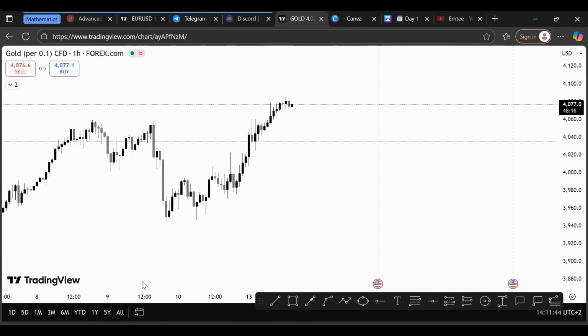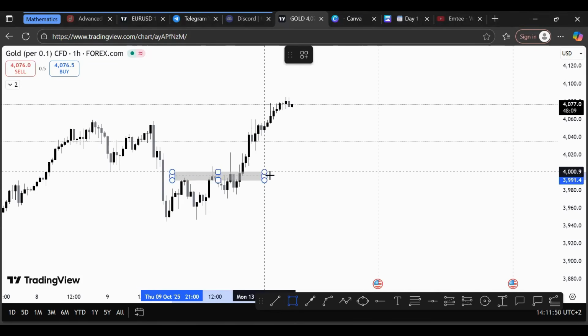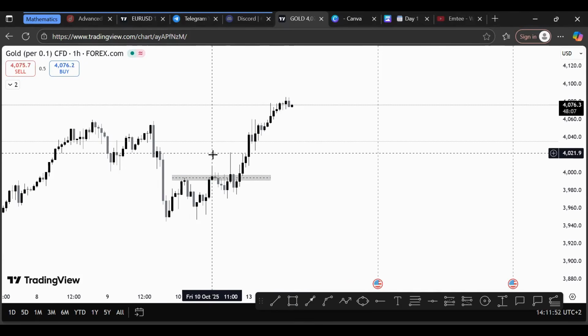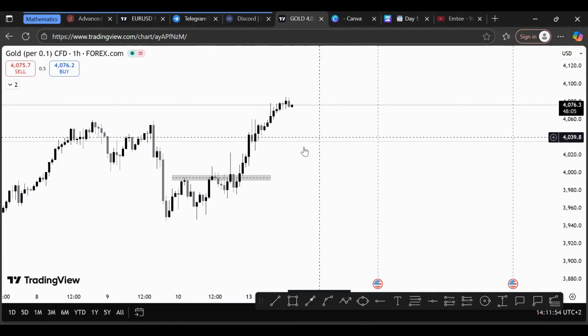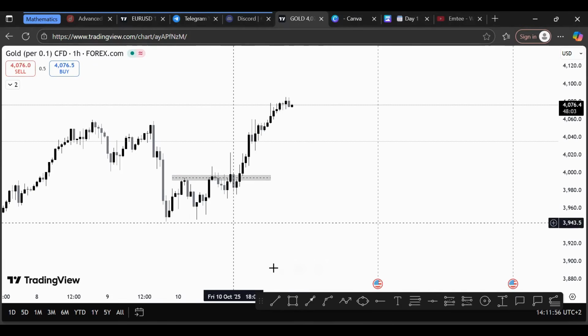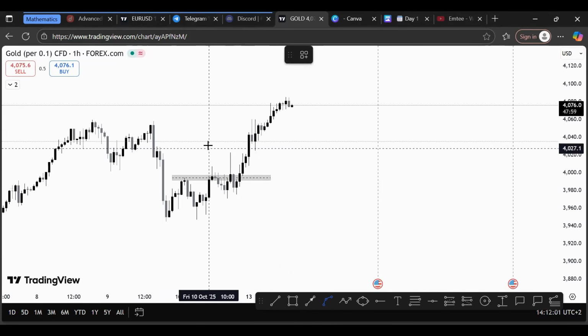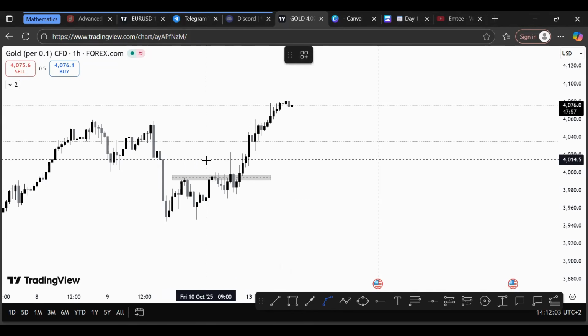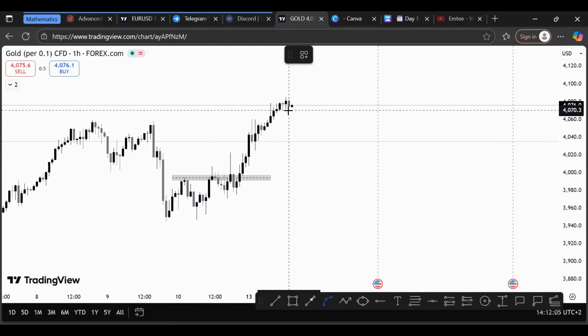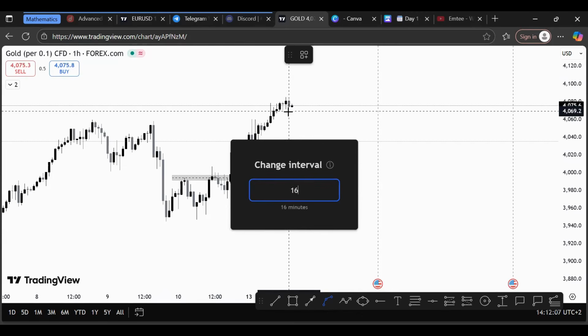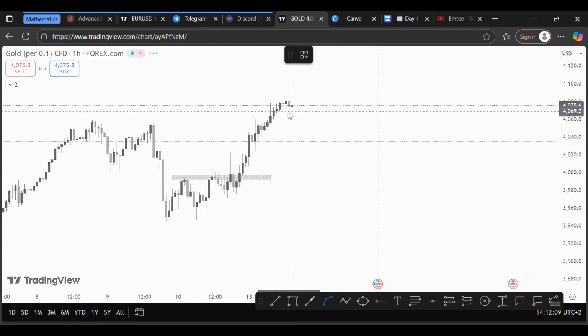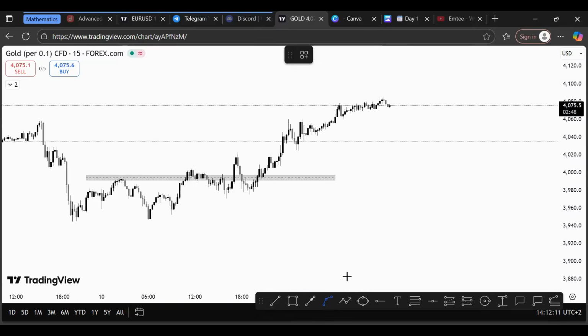So with that being said, we had gold moving to the upside, right? So we had to mark off this and say, okay, we needed indication to the upside for us to take buys, right? Because we had this higher low, which was created also here, right? So we needed to break the lower highs so we can see that the market is starting to get bullish, right? So when you go down to 15 minutes,